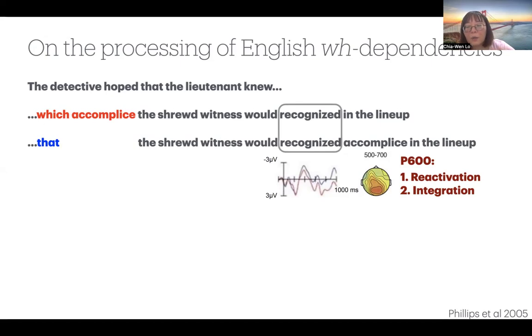This is the ERP component called P600. So this may suggest we need to reactivate the WH word from before,